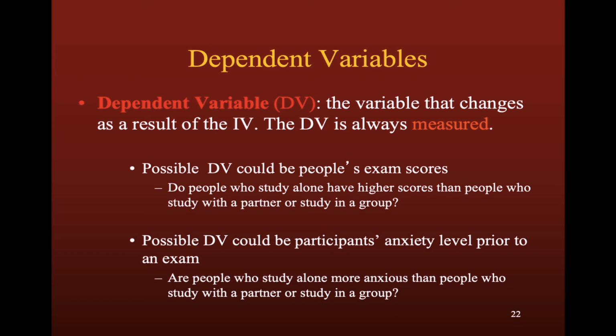So you can see if people who study by themselves have different scores from people who study with one person versus people who studied with a group of people, right? Or your dependent variable could be anxiety. You can see if people had different anxiety levels depending on who they studied with, right? So you're going to measure anxiety because that's your dependent variable, and so you want to see if you get differences